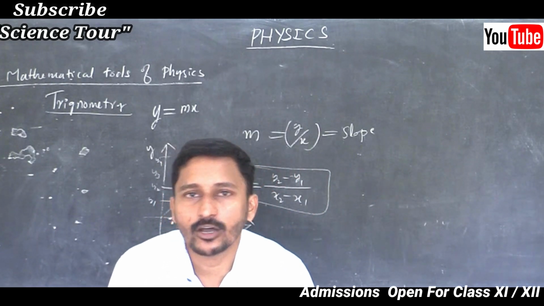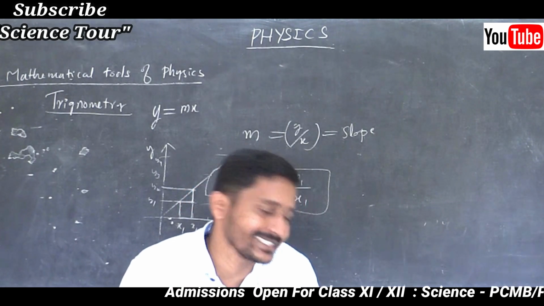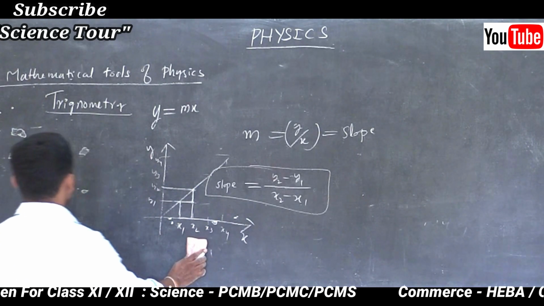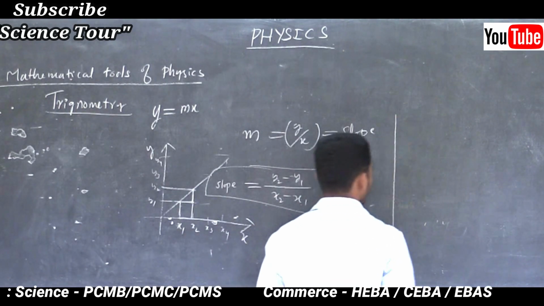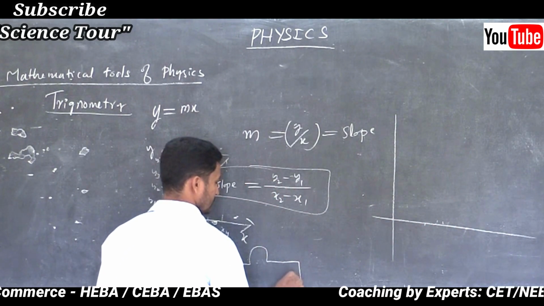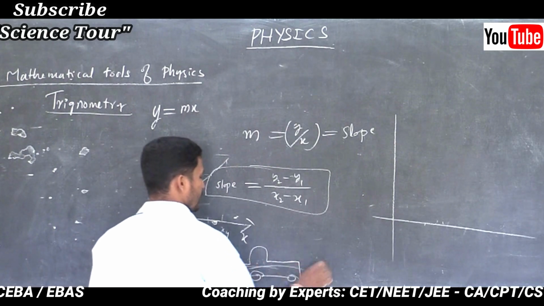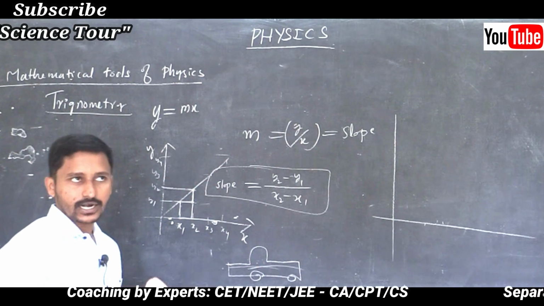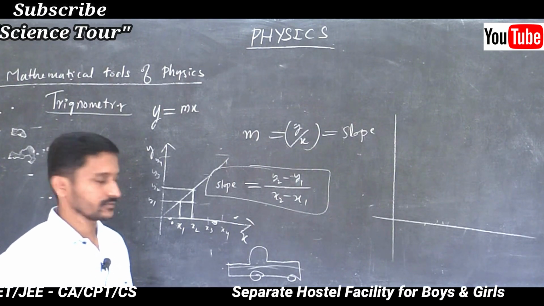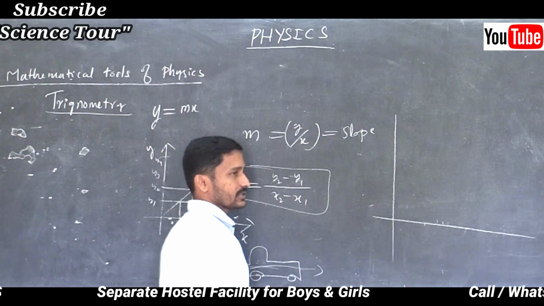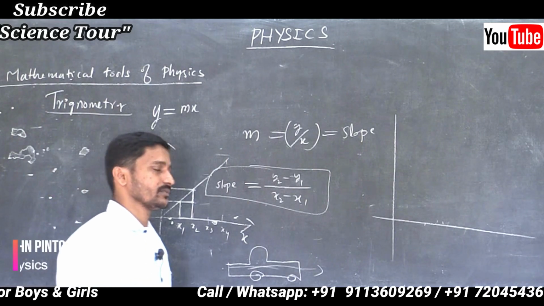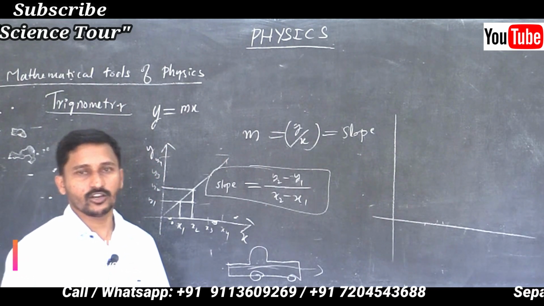When an object is moving, I will give you an example now. The same thing I am going to write in a graph somewhere here. Now a car is there. Now time is 0. I will start the time: 1 o'clock, 2 o'clock, 3 o'clock, 4 o'clock, 5 o'clock, like that. This car is moving. How many kilometers? 10 kilometers, 20, 30, 40. Say for example, it is 100 kilometers, 200 kilometers, 300 kilometers, like that.